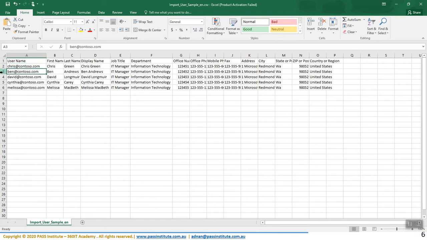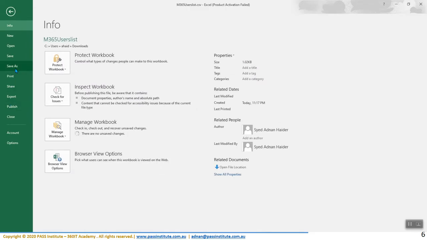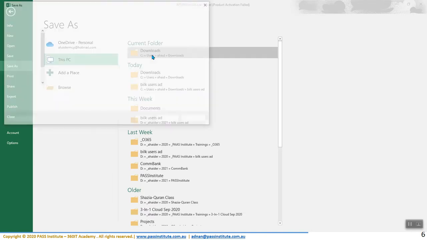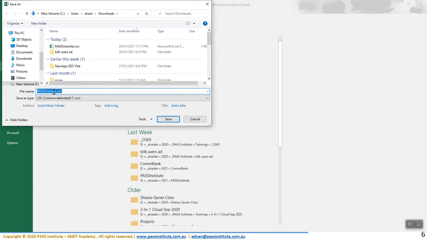You might also download a template that only has Chris inside. So you can create your own name, and under this you can create your own list. Go to file, and go to save as. I'm going to save that in my downloads, and once it is saved in the downloads, you can name the